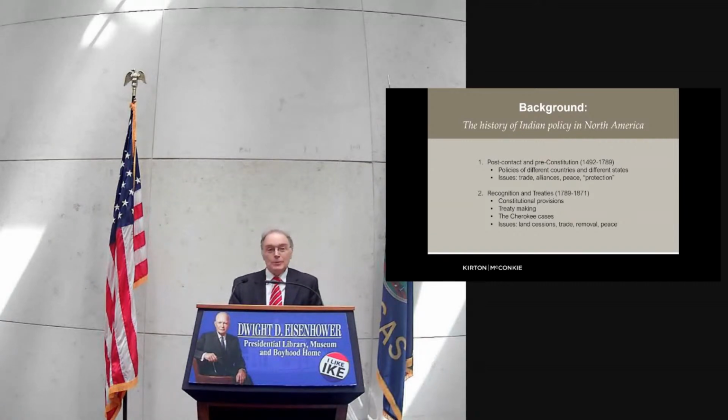The early interaction between the colonial powers and the natives tended to be based on issues like trade and alliances, getting the natives to agree with them and disagree with others, trying to maintain peace between the parties, and protecting each other's settlements. The parties were generally dealing with roughly equal powers at that time. A lot of these arrangements were not very formal. And that situation became more and more complicated as more and more European settlers came to the Americas, which increased the pressures on the natives in a lot of ways, and began taking away